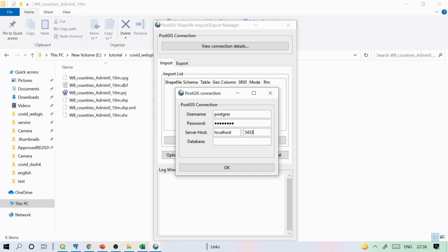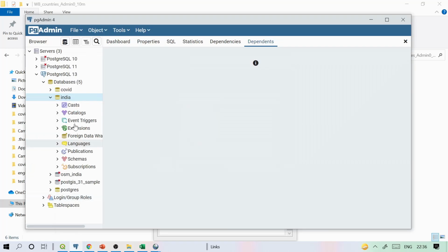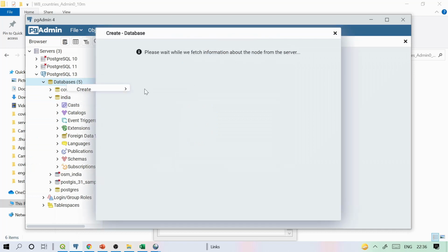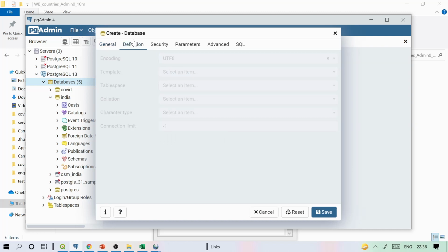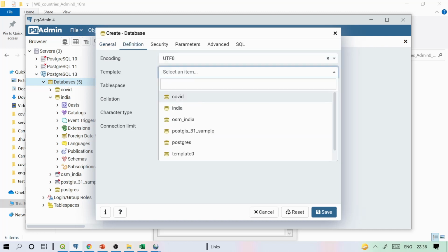Then you have to give the database name. For that, we'll first create a new database here. Right click over Databases and give the name. I will give COVID1, and then under definition, just give the template. This is the PostGIS sample. While installing the PostGIS extension, it will ask you to create a sample database. If you checked yes, then you will be able to see this sample database, and you can select it. Because we are creating a spatial database, we have to select the PostGIS template. If you have not done that,